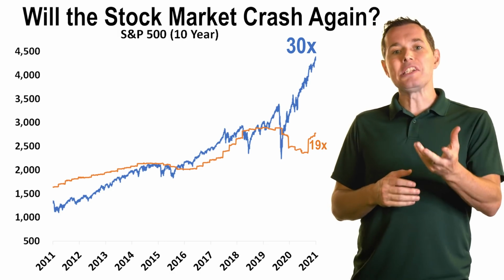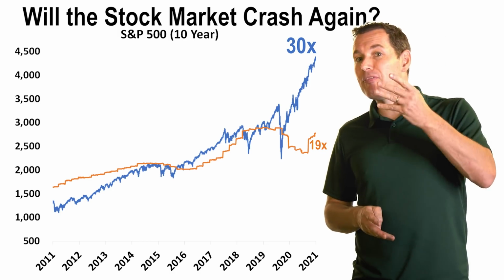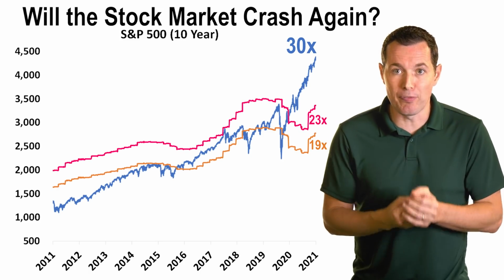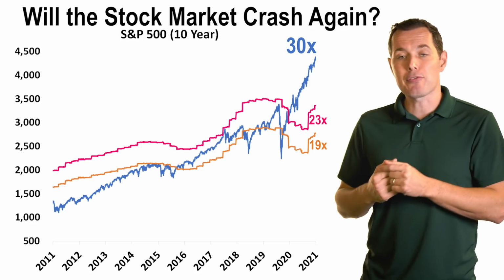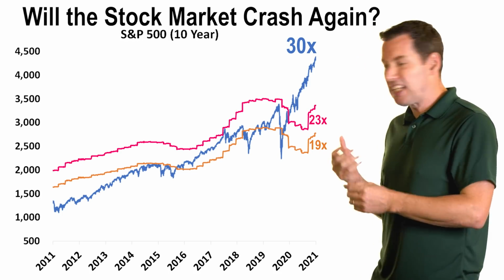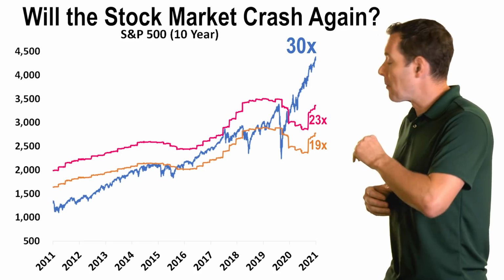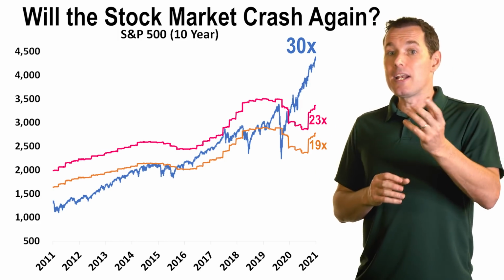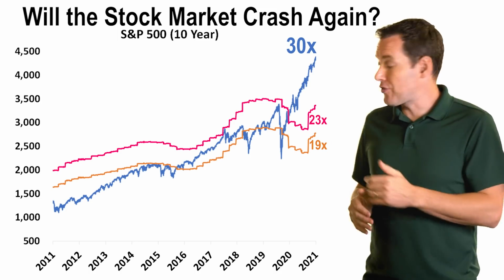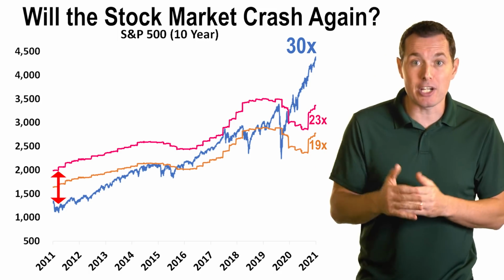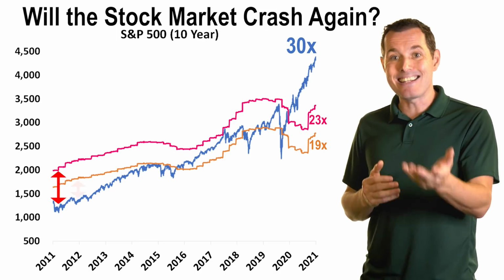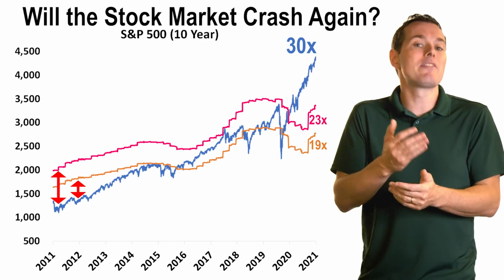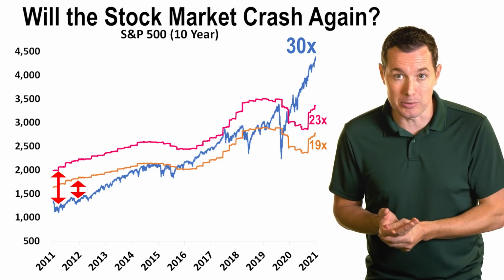Okay, so what if we said it shouldn't be at 19x, we'll go up 4x and we'll say it should be trading at 23x? Well, using the very same principle as before, we can see that with the 23x, this pinkish line, now there are many, many years where it looks like the stock market was undervalued, and obviously the gaps changed. The gap early on is much bigger at 23x than it was at 19x, implying that the stock market was even more undervalued if we believe that 23x would have been a fair number to use.